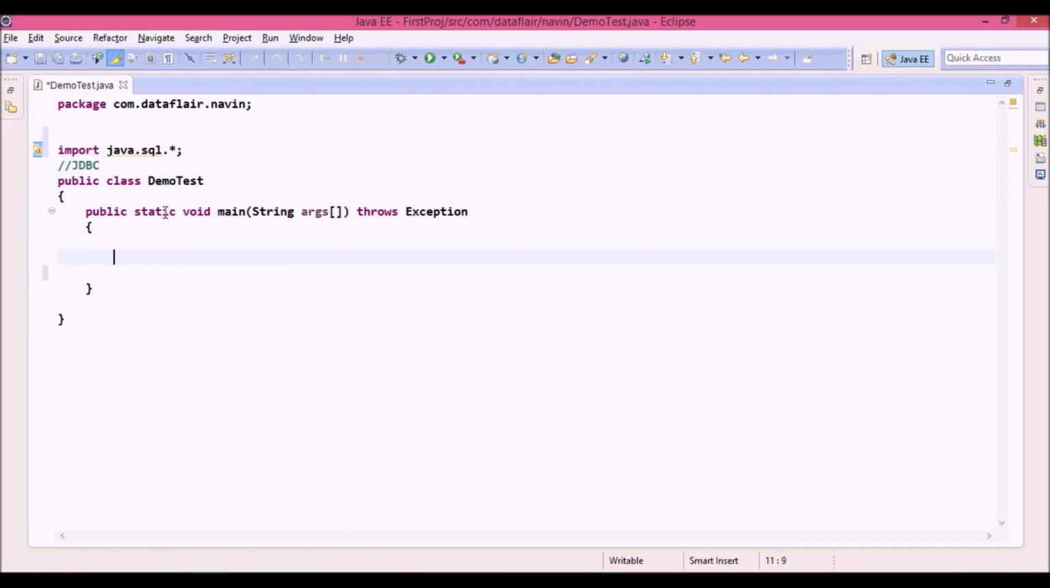Next, you have to load and register a driver. So we have already loaded a driver. Now let's register it. In order to register your driver, we have to say Class.forName. So Class.forName is a method which we'll be using for your registration. In this, you have to provide a driver name. The driver name is itself a class. It belongs to a package